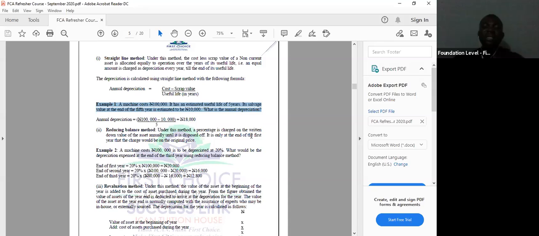Now, how many years is this life? What is the estimated useful life? 5 years. So it means that we want to allocate the depreciation over the 5 years. So we now say all divided by 5, and that will give us 18,000. It means that year 1 is 18,000. Year 2 will be 18,000. 18 plus 18 will now give us what? Will give us